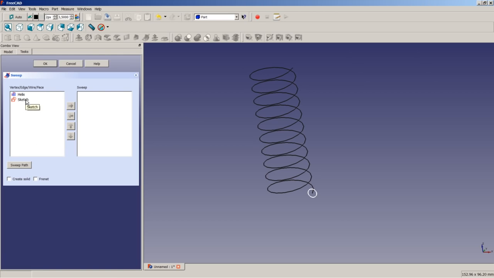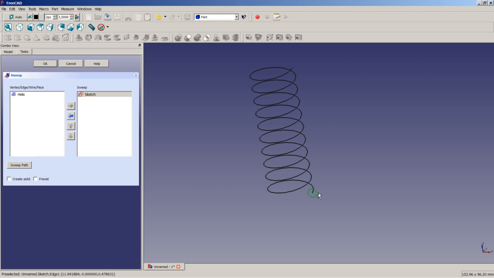The profile we have is the sketch, so we can click on the sketch here to mark it and apply a click on this icon here to add the sweep profile. Now we will select the sweep path,